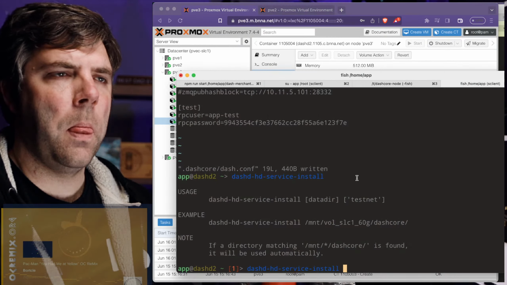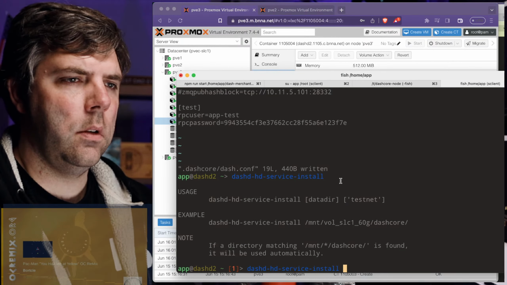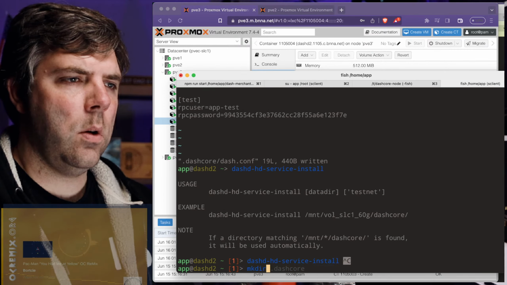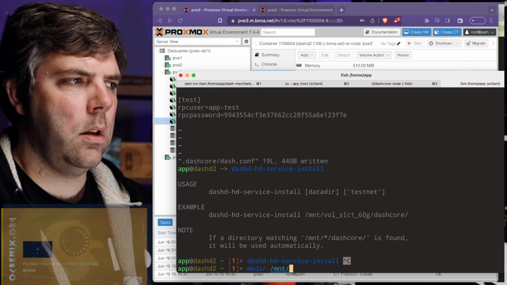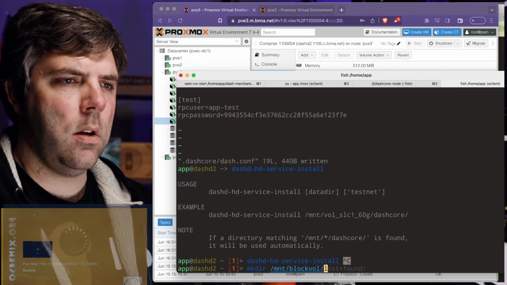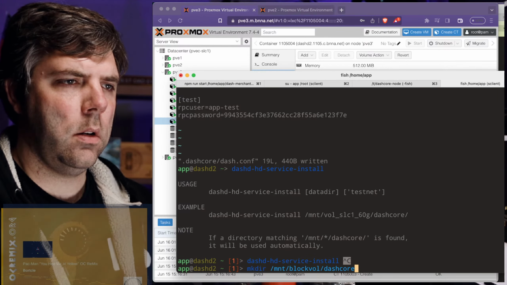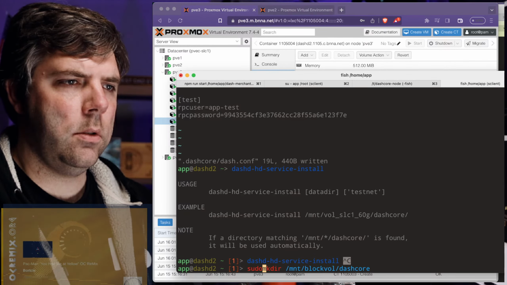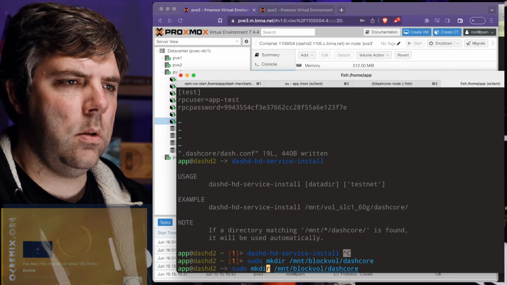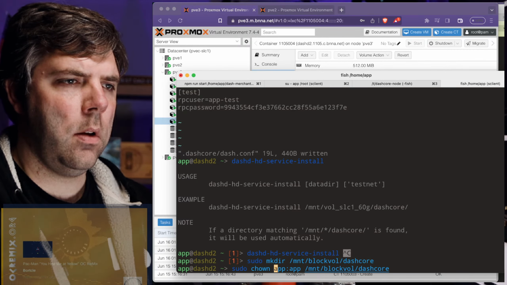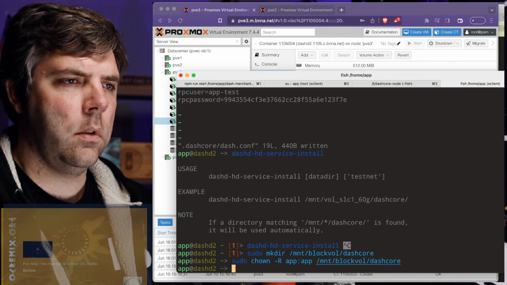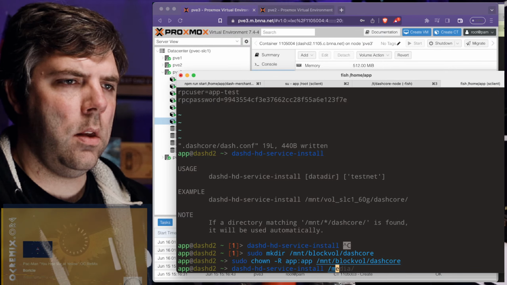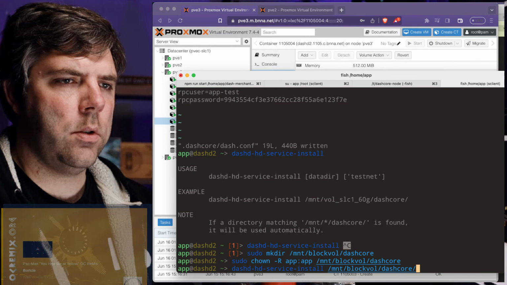Okay, so we need to make dir block vol dash core. I'll probably have to sudo that and sudo chown app. Alright, and then mount block vol dash core.